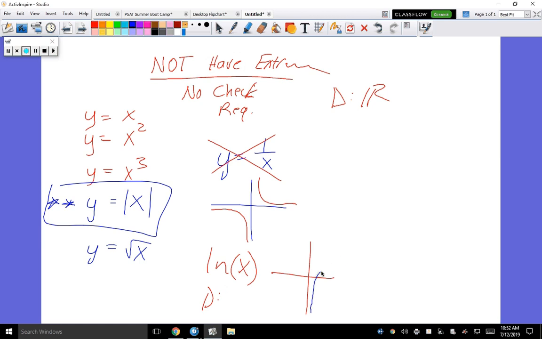If you don't remember, you have to refamiliarize yourself with parent functions. The domain is everything bigger than 0. You with me? Do you all understand my point? So if the parent function is not all real numbers, you're going to have to check for extraneous solutions. And the reason why I say that for the other one,